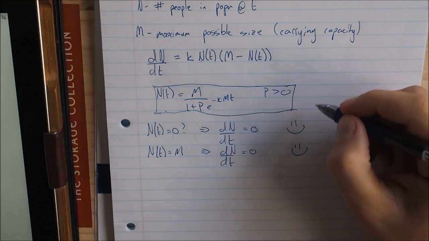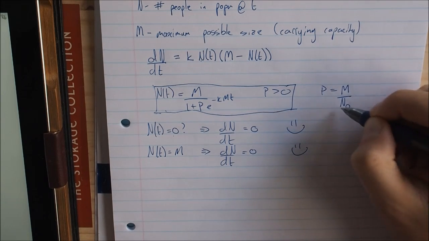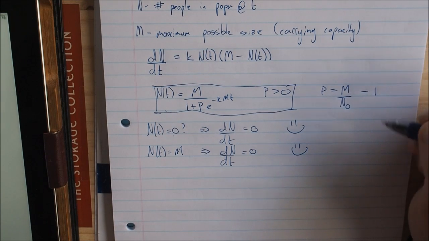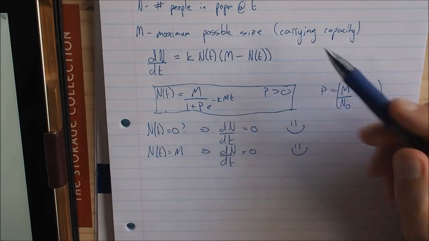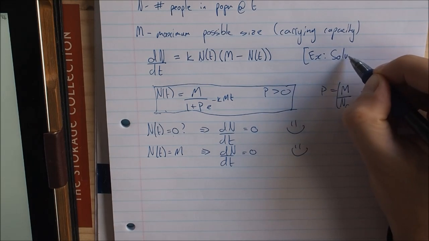I've made a note here that P is actually equal to M over N naught minus 1, where N naught is the initial condition. It's a little shorthand that they've made in the notes. So if you want to substitute that in, you can then verify your answer. So solve this as an exercise. Solve using